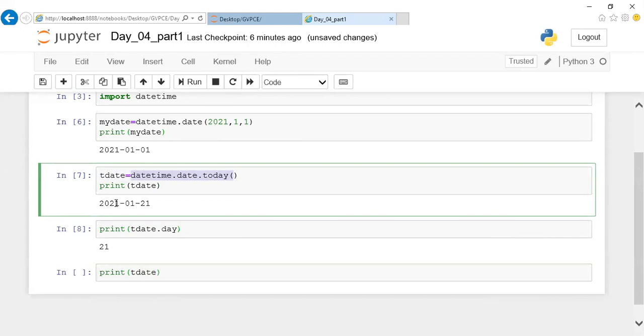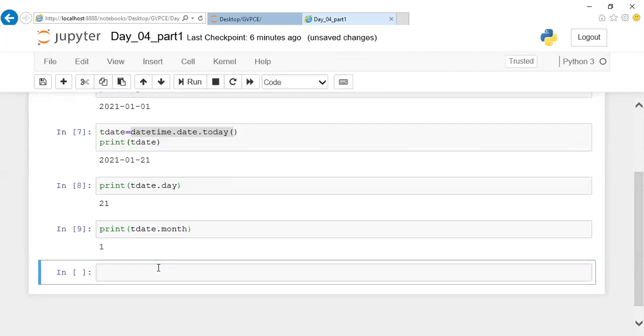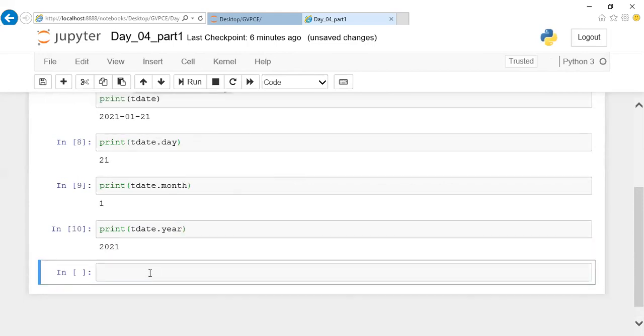So this t_date has this date, and if I'm accessing t_date.day, it is going to fetch the day from the given date. If I mention t_date.month, it is going to fetch the month from the given date. Okay, the same way for year also. So you can ask for the specific information if required based on your program. You can access it. So this is about the date function. Okay, and next we'll go ahead with the time.